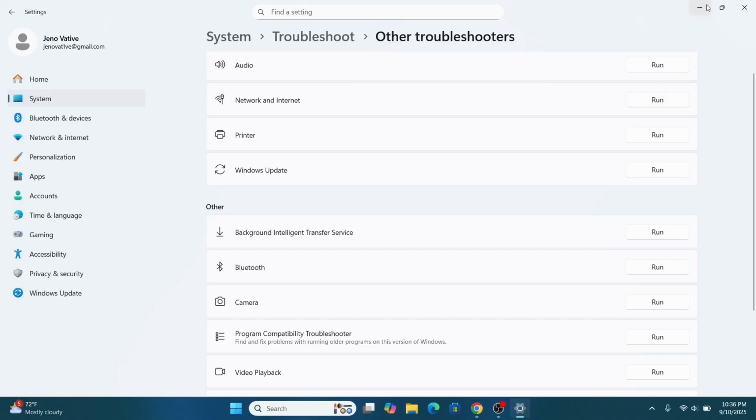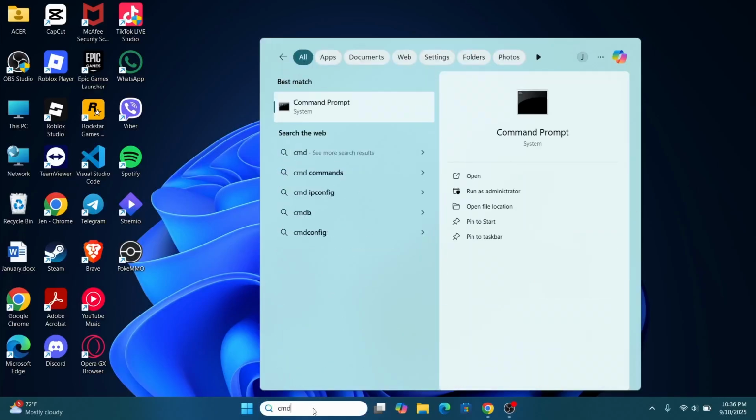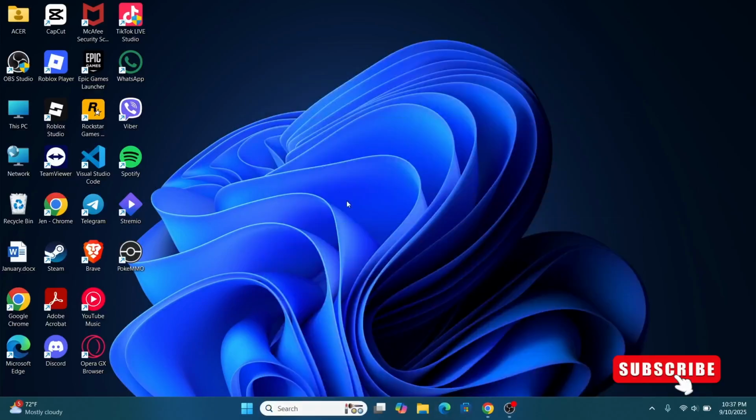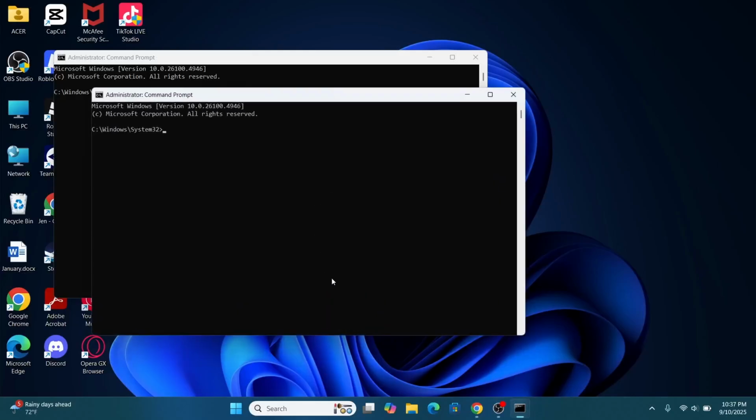Apart from that, you can reset the network settings. For that, go ahead and type in CMD and open up your command prompt, run it as administrator. Once you run it as administrator, you can type in this command. So just go ahead and click yes, type in ipconfig